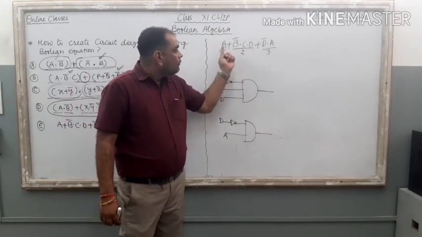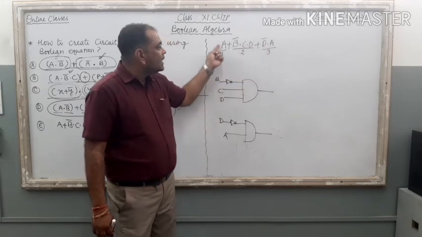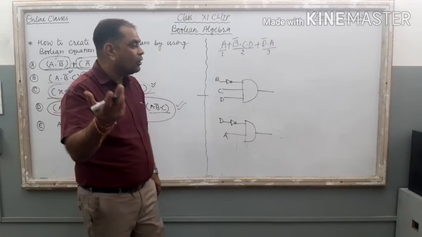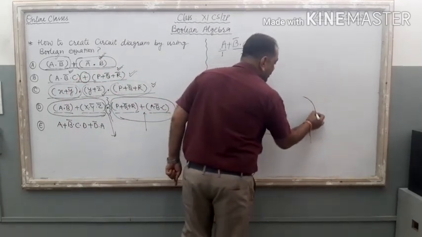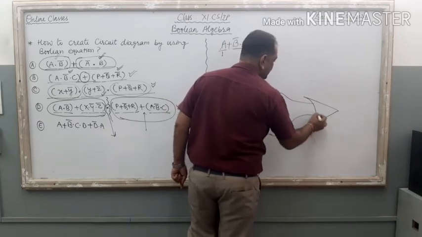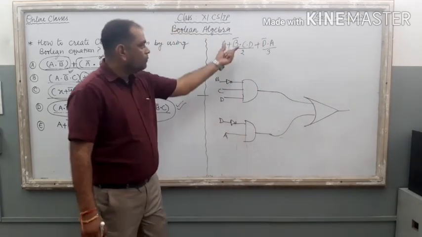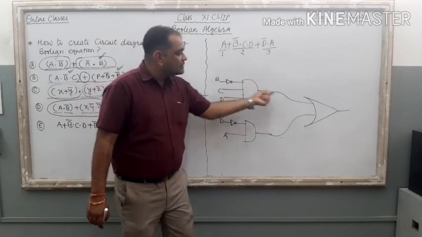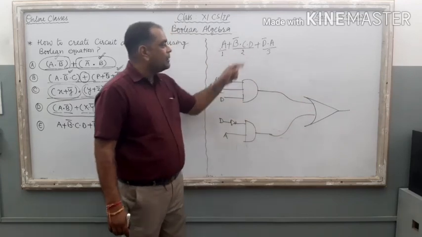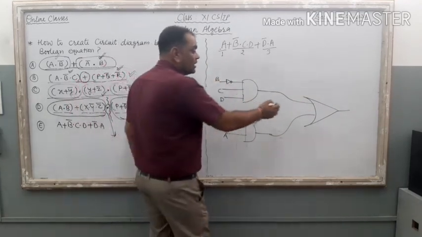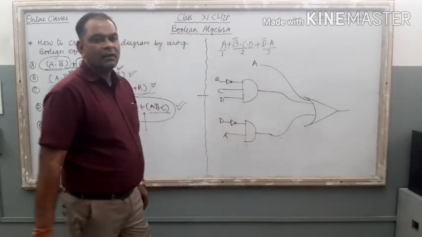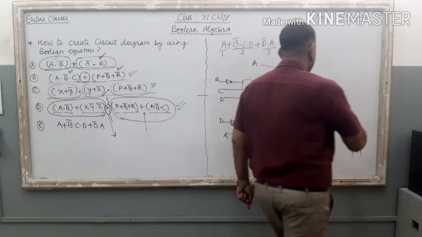Now first, second, third, these 3 parts are connected with plus. Clear? Plus means which gate? OR gate. So I am going to draw OR gate over here and then connect all these lines with this OR gate like this one. So B bar dot C dot D is connected with OR gate. D bar dot A is also connected with OR gate. Now A is remaining. A is remaining means you just connect A directly with this gate. Here it is A.